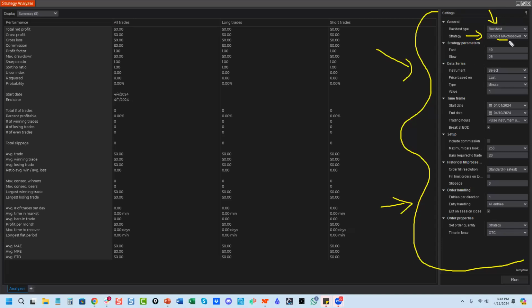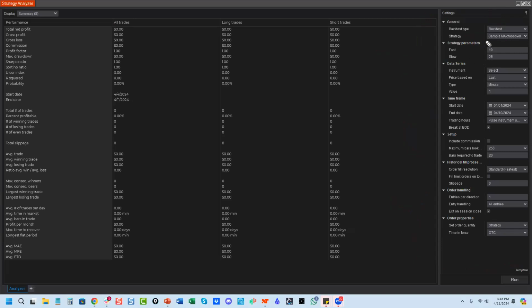For this example, it's a moving average crossover, right? So this is basically the strategy that they give you as an example. You can choose the fast and the slow, but that's it. Like, that is your algo. And the only thing else you get to do is pick the time frame and the dates, and that's it. So unless you are a wizard behind the coding, or you go out and buy an algo from somebody,